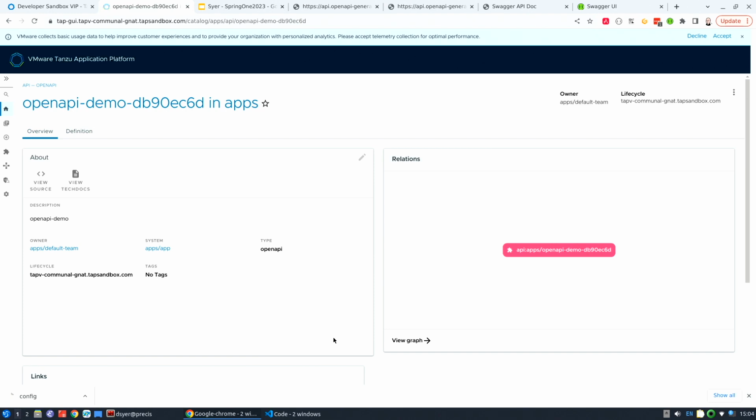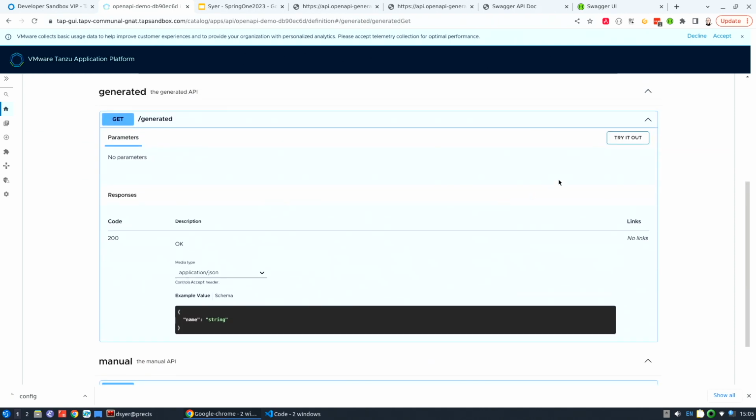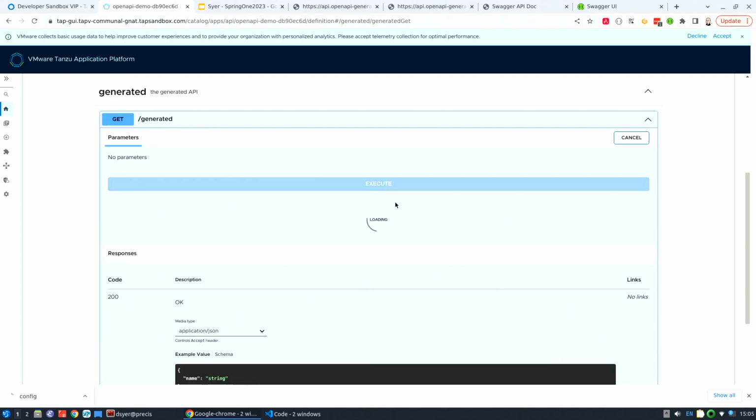You could use that to publish information about all of the services that are running on, not just the cluster, because TAP is a multi-cluster system, so this could be a collection of clusters. It's for developers to kind of discover and metadata tag everything, so that you know which team's in charge of which service and what services it provides. And in there, of course, you've got your nice API definition, and I can do the usual try it out stuff, and it'll tell me something,